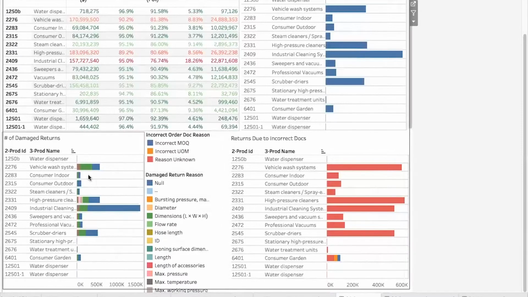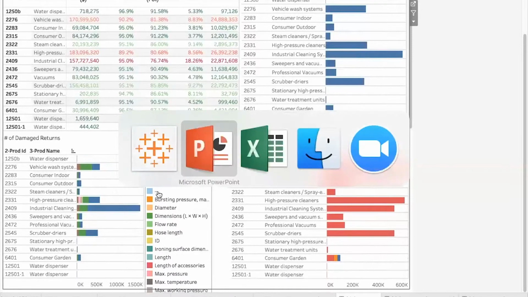On the right here are damaged returns. So there are some cases where, for various reasons, within these different product categories, the orders were reshipped or had to be reshipped because they were returned. I would also like to point out a couple of other things. There are nulls here as well as blanks, which are simple data quality errors. Let me switch to